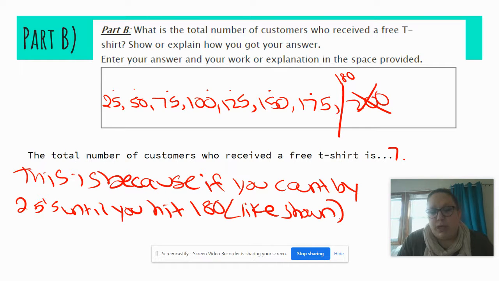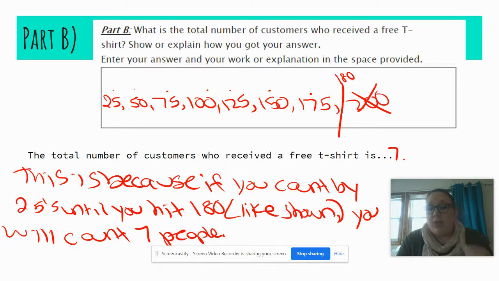We're doing double duty here. You will count 7 people. If you want to be super extra, you can even say 7 people, 25, 50, and list all those again. You don't have to, though. And then we're going to add our therefore. I'm not going to write the whole thing out, but it would be therefore,